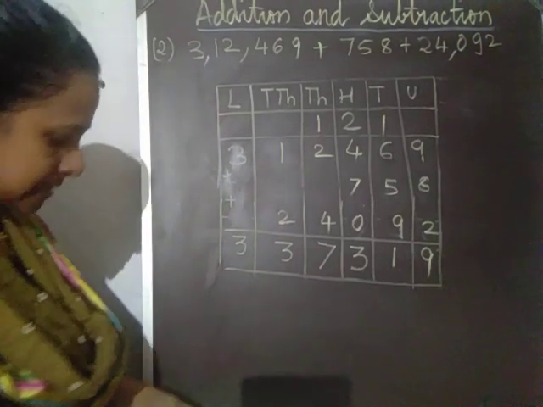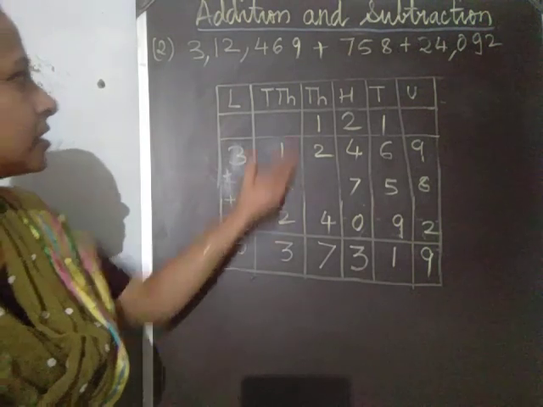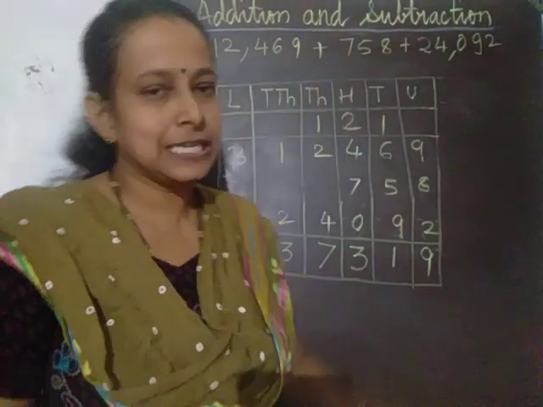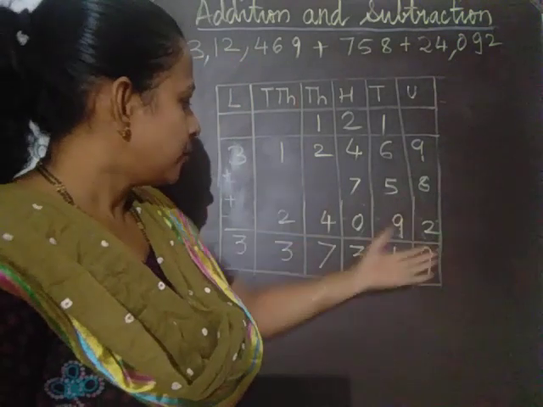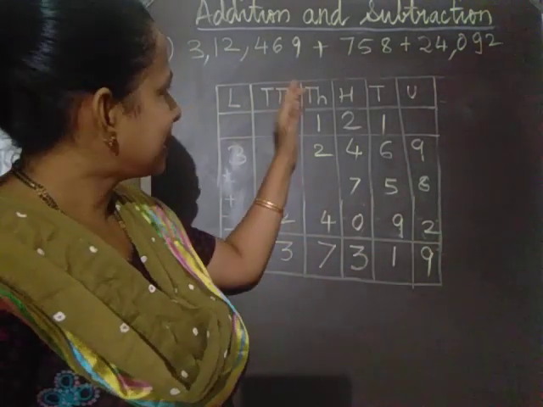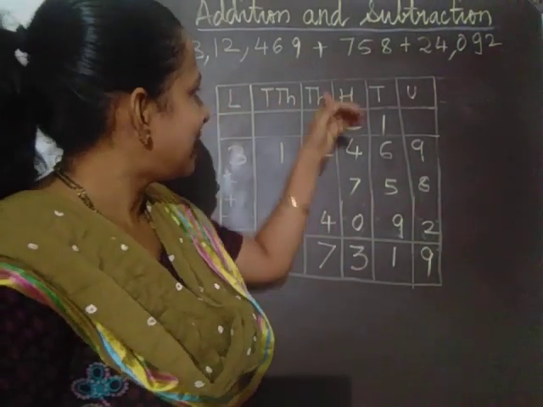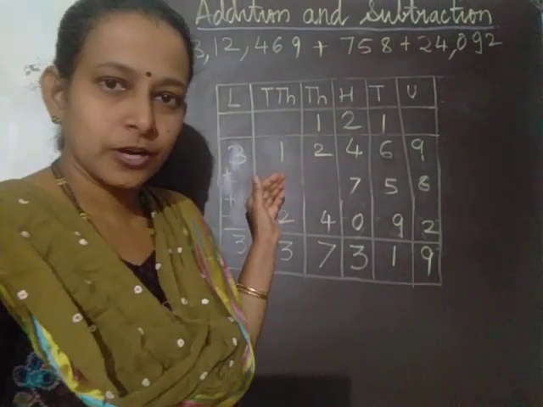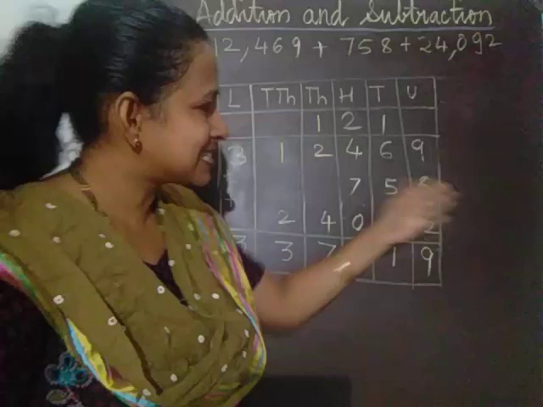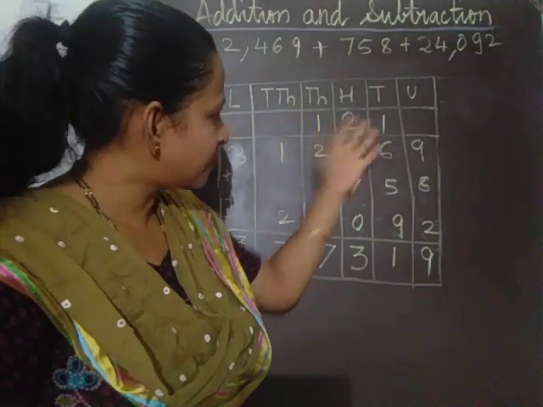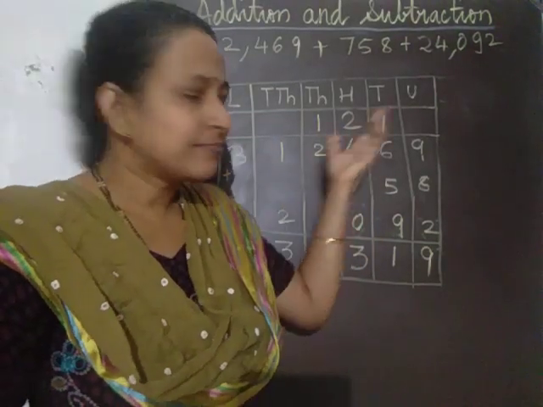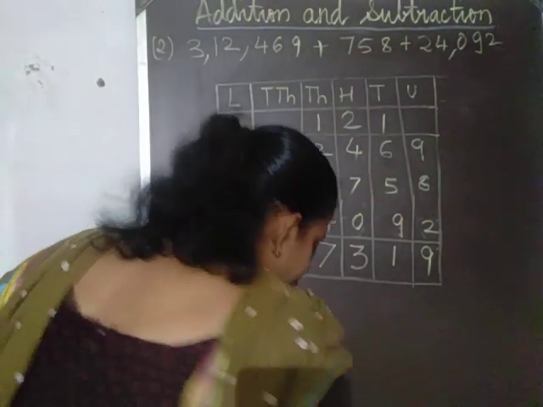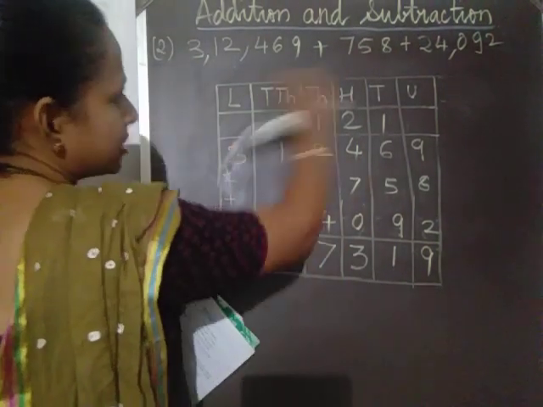Okay. So this is the answer. We can also add directly all these numbers. You can do like this also. And now I will show you how to add them without this box. Okay, if you have understood the place names and place values where we have to place them, then it is very easy to add them directly. Fine, so let us now try to add directly without this box.